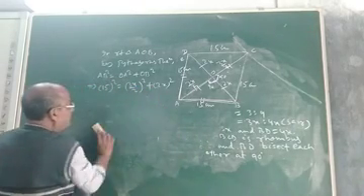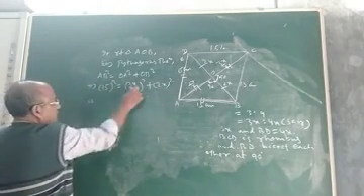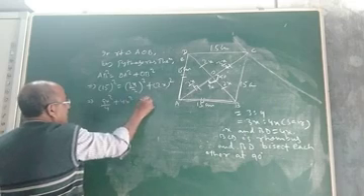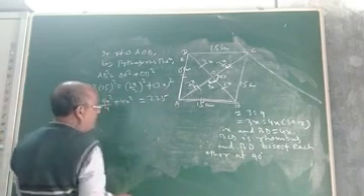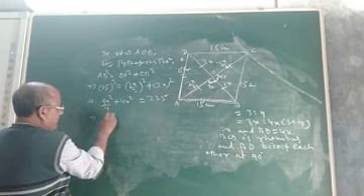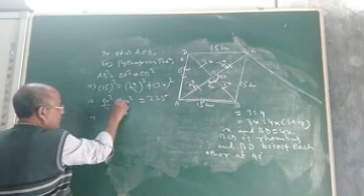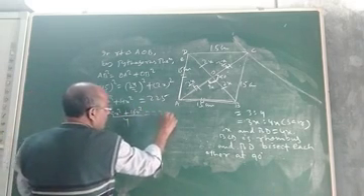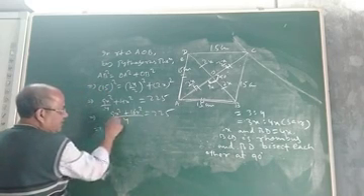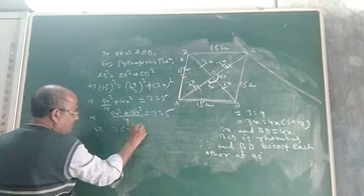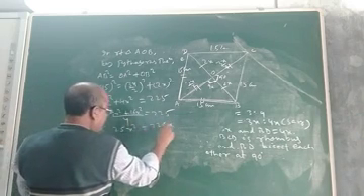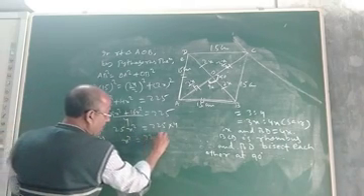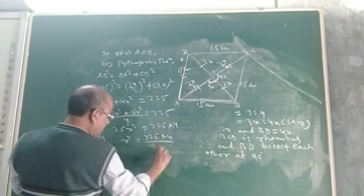Okay. So let us solve it. Now this will be 9x square by 4 plus 4x square. Square of 15 is how much? It is 225. Now solve it by taking LCM. 9x square plus 4 into 4, it is 16x square, by 4 equal to 225. Now this is 25x square. So 25x square will be 225 into 4. Now you find x square. x square will be 225 into 4 divided by 25.